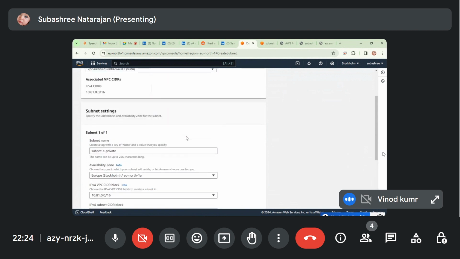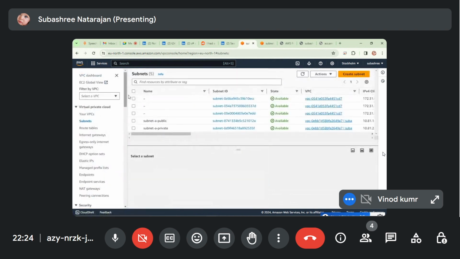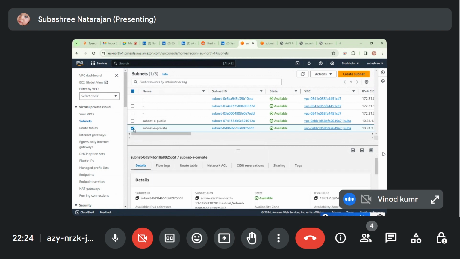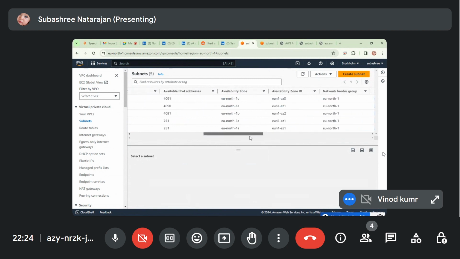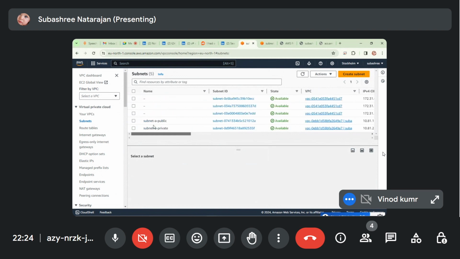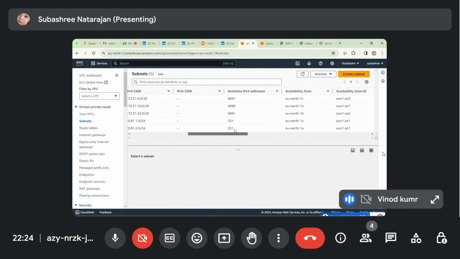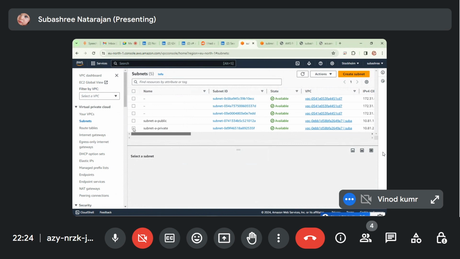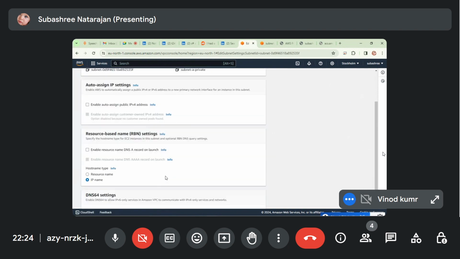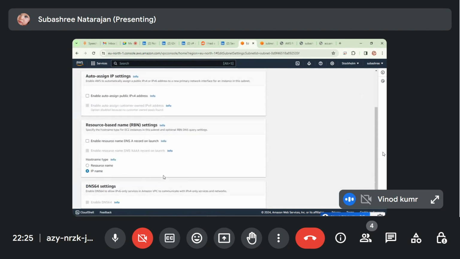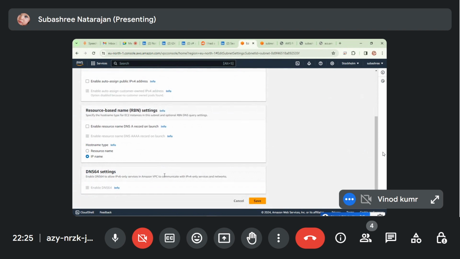Can you go to the subnets where it has been created? Here it is already created. Now delete this. Click that and delete. Everything is correct, but click and edit. Go to actions, edit subnet settings. Here is the subnet ID, private. We cannot edit any change. By default it is created in the same availability zone only.